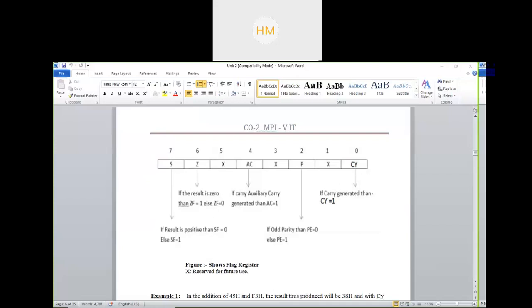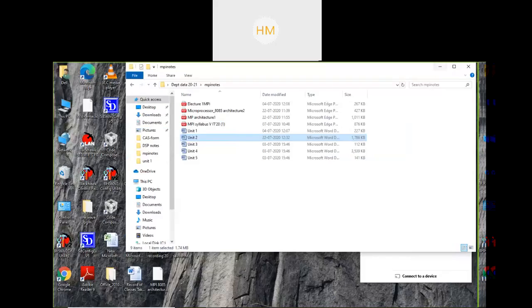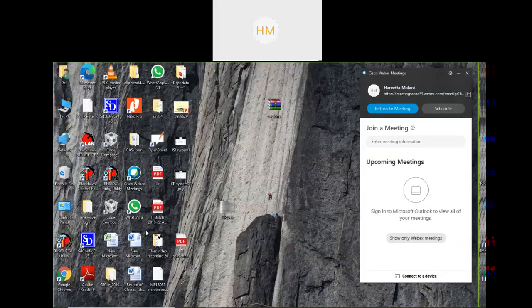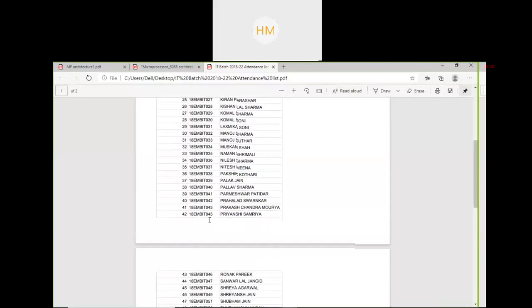Okay. 21, 22, 28. Anyone else from 20 to 30? Pallav Sharma is joining now. Who wants to know his roll number? I must open the list. See your roll number, whoever is missing, please check your roll number.